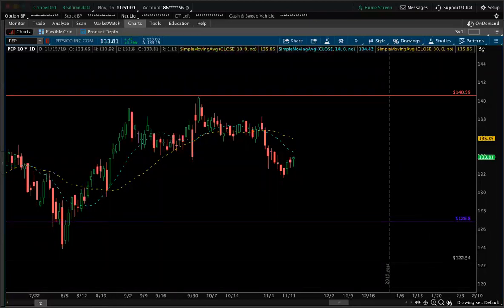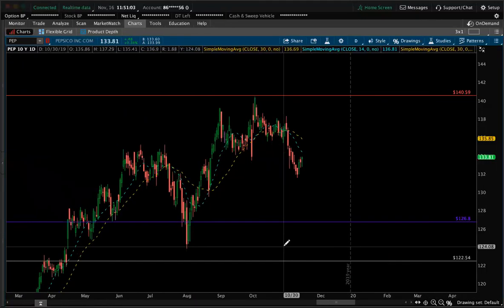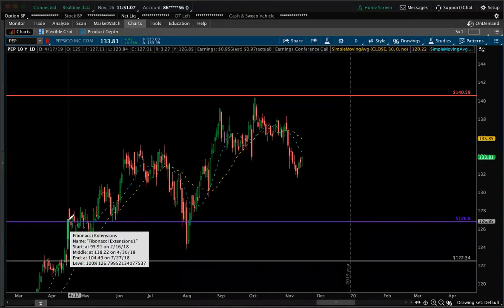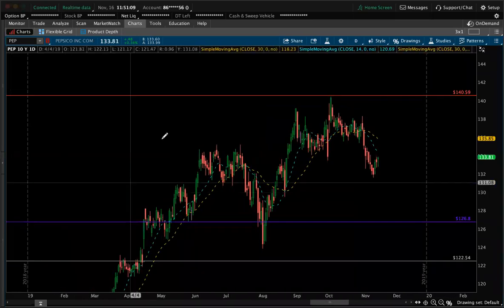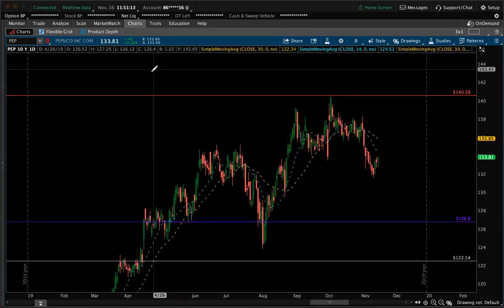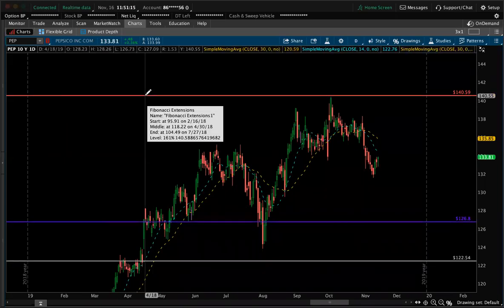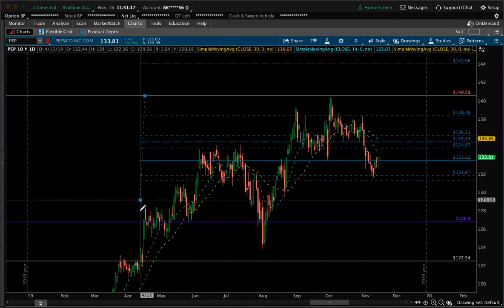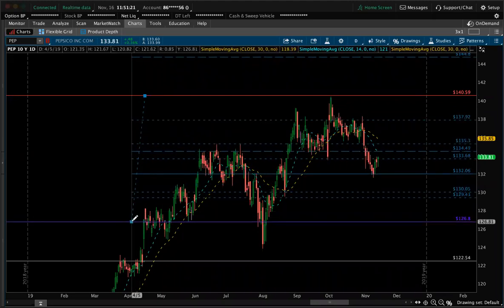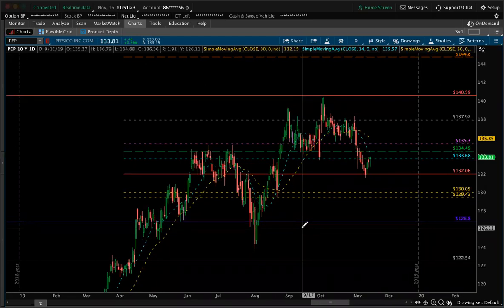Actually, let me bring this chart in just a little bit more so you guys can see. I go back to where the breakout happened, which was 126.80. Before that, there was no candle action over here. So this was all the candle action. I take the top of the red bar, bring it all the way down to this purple bar at 126.80, right? And when I do that, look at the price in between.